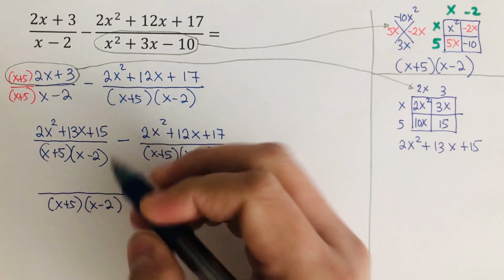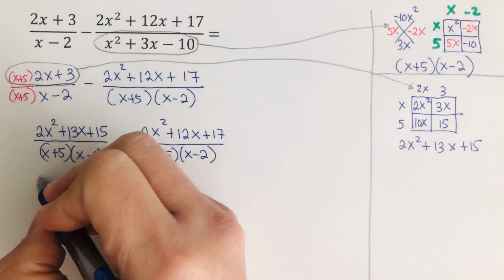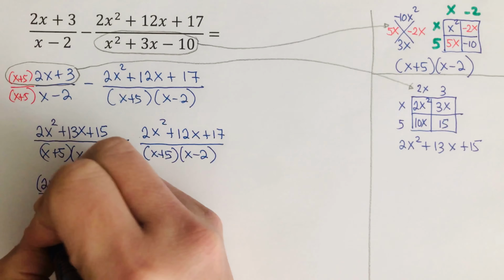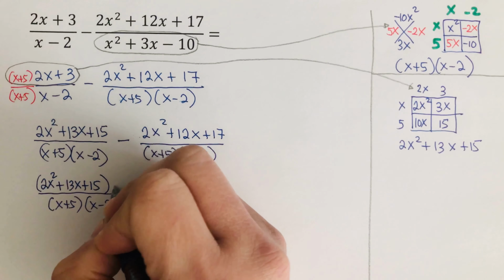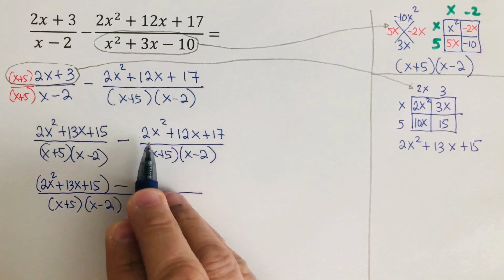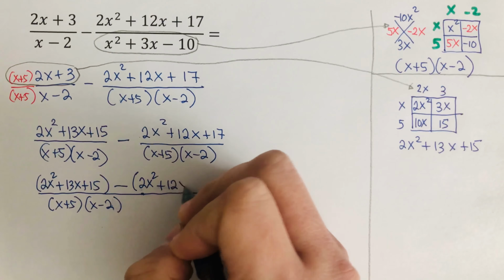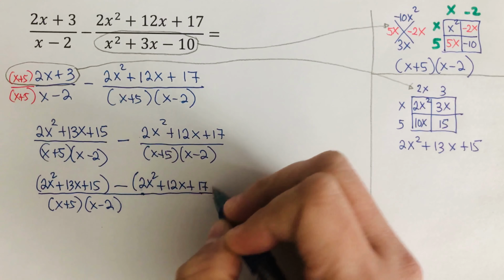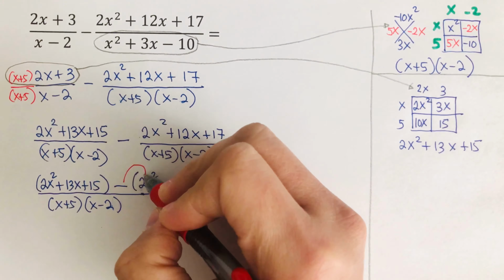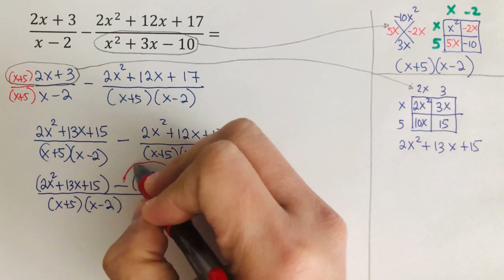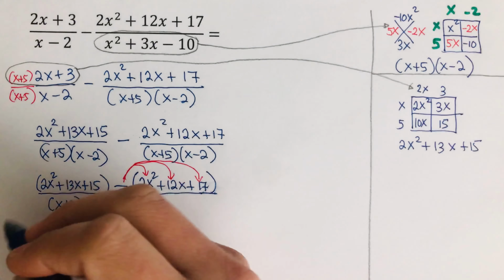So what I would do is subtract the numerator only. So I will write this first numerator here. So that would be 2x squared plus 13x plus 15 minus, then I will put the second numerator inside the parentheses, 2x squared plus 12x plus 17. And so what I would do next is distribute the negative to each of the terms inside the parentheses so that we can go ahead and write the simplified version of this as